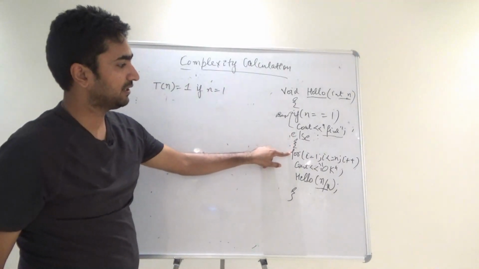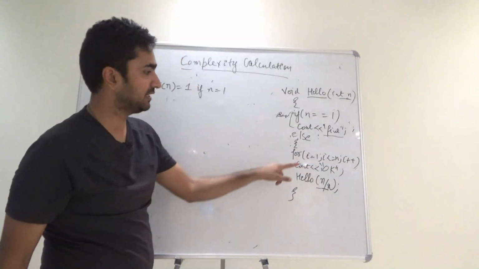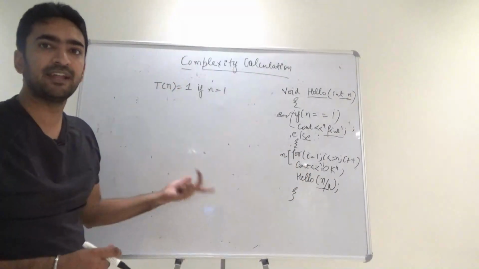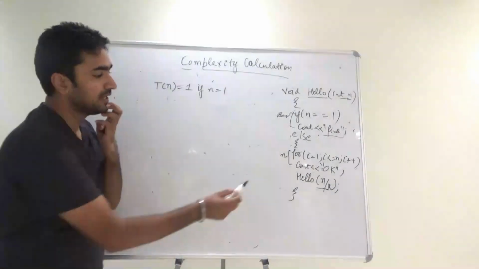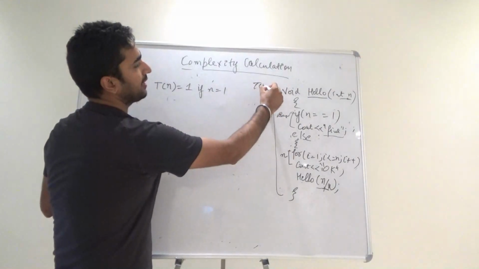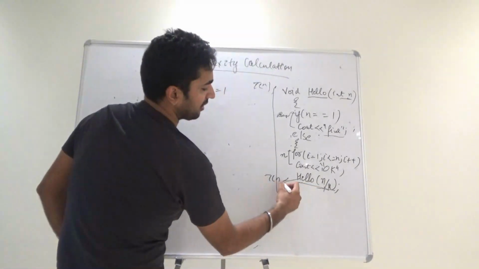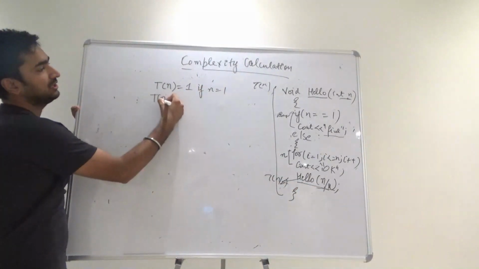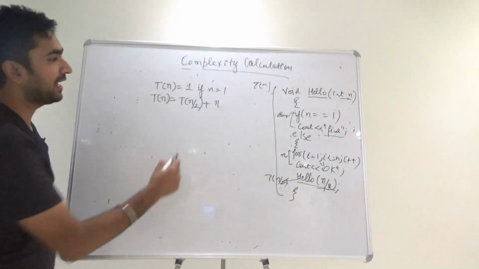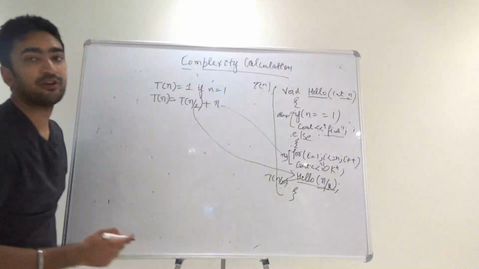Now this else part is saying that I am basically running a for loop from 1 to n, till i plus plus, and it is displaying. So it means this is definitely running n times. So the complexity will be n for this particular for loop. And then we have got hello n by 2. So if this entire code is running for t of n, this is hello of n by 2, this is running for t of n by 2. It means for the else condition, I will have t of n by 2 plus n. It runs n times for this particular for loop, and t of n by 2 times for hello of n by 2.